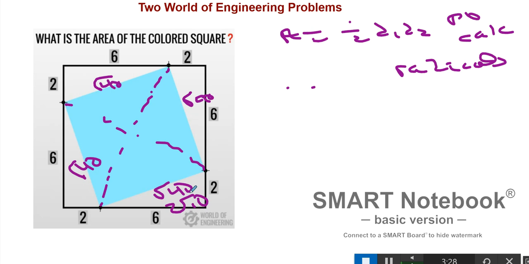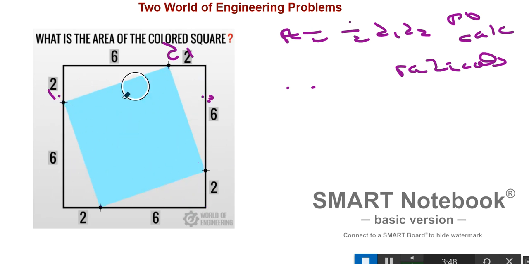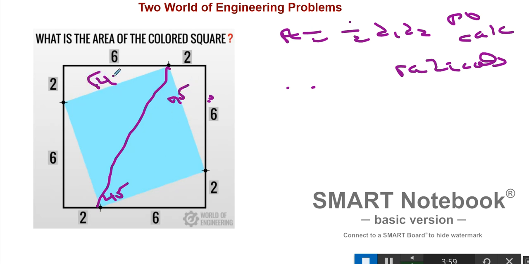All right. So we want to find diagonal 1 and diagonal 2, and they're going to be equal because it's a square. So we're just going to do another a squared plus b squared equals c squared type thing. All right. Actually, no, it'd be much easier. Say if you want to do 45 special rights, that would be so much easier. So when you draw a diagonal on a square, this is 45 degrees, 45, and we already said this is root 40, right? So root 40, and since we have a special right triangle,